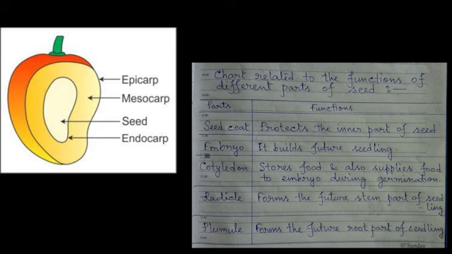Next, page number 206. Here again we have to know that the ovary অর্থাৎ গর্ভাশয়, that is the ovary part of the gynoecium, transforms into fruit and the ovule into seed. On the basis of cotyledons অর্থাৎ বীজপত্র, seeds are of two types. Pea seed is the example of dicotyledonous seed, that is each seed having two cotyledons. On the other hand, the seeds which have a single cotyledon are called monocotyledonous seeds, like corn grain.